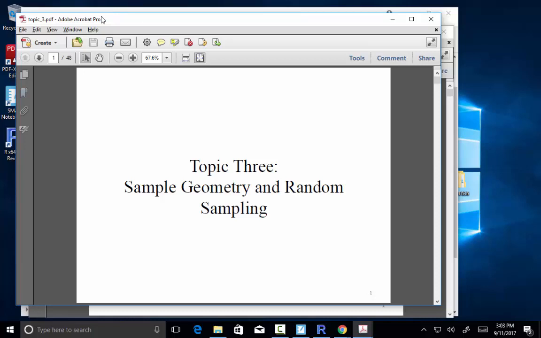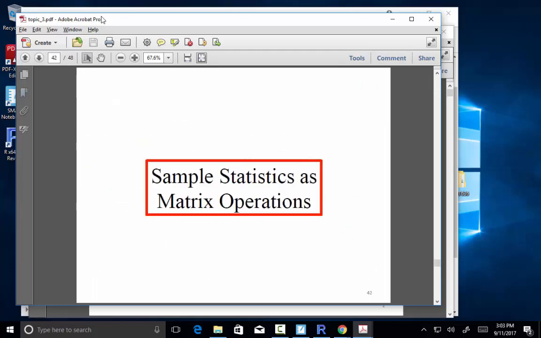It's got some geometry in it, so thinking about vectors, thinking about distributions, multivariate distributions, and different ways of characterizing variation and variability. If you're interested in a little extra detail on that, check out the first chunk of Topic 3. What I want to do just briefly is the very last little section, which is an illustration of how to